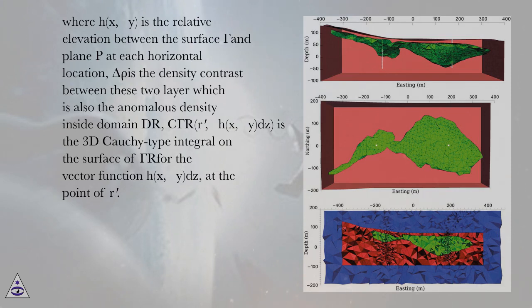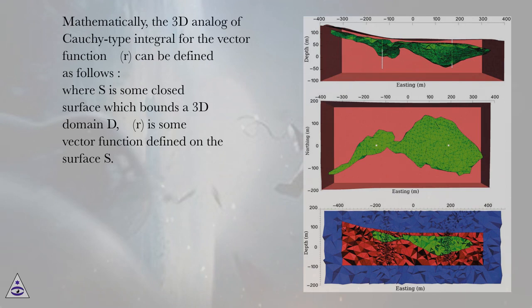C_gamma(r, r') h(x, y) dz, is the 3D Cauchy type integral on the surface of gamma for the vector function h(x, y) dz, at the point of r. Mathematically, the 3D analog of Cauchy type integral for the vector function phi(r) can be defined as follows. Where S is some closed surface which bounds a 3D domain D, phi(r) is some vector function defined on